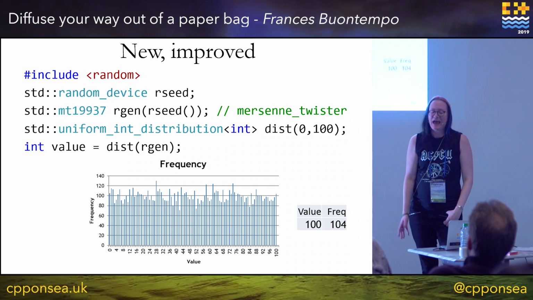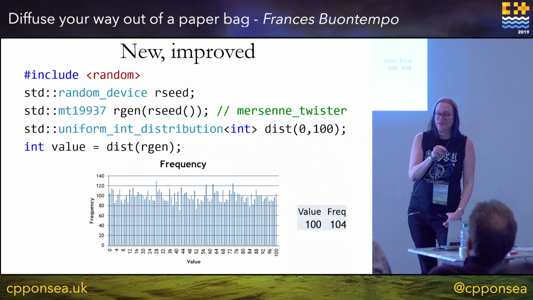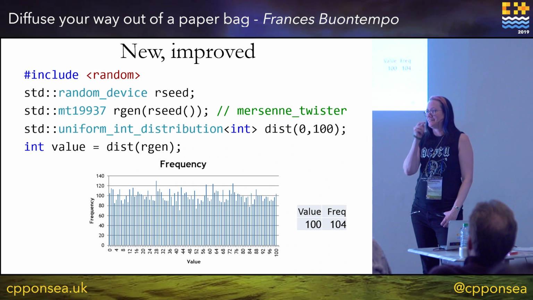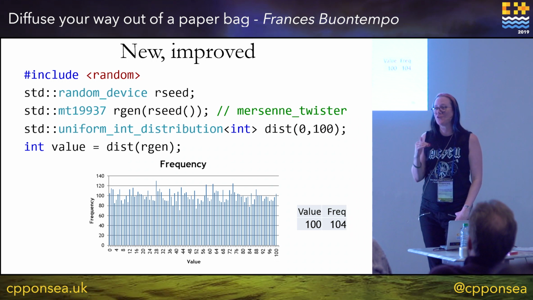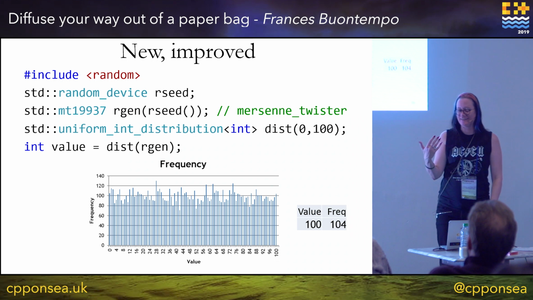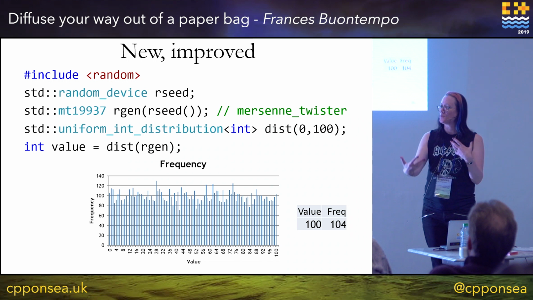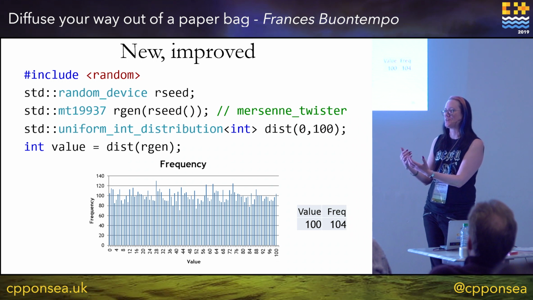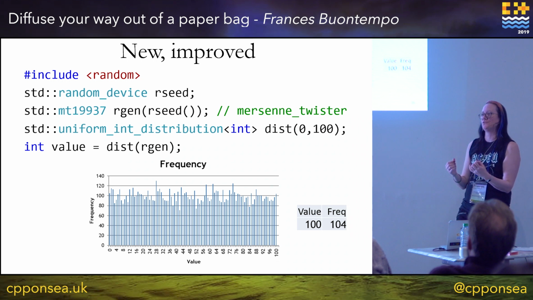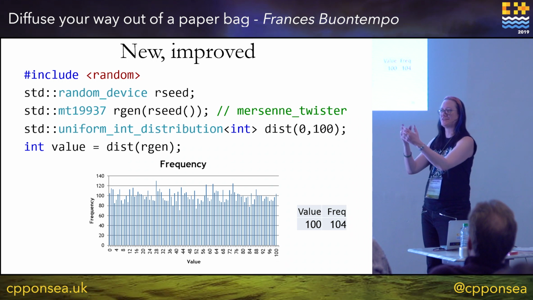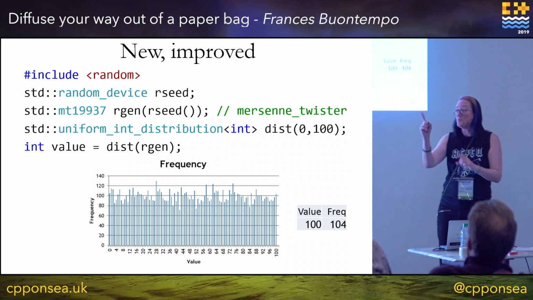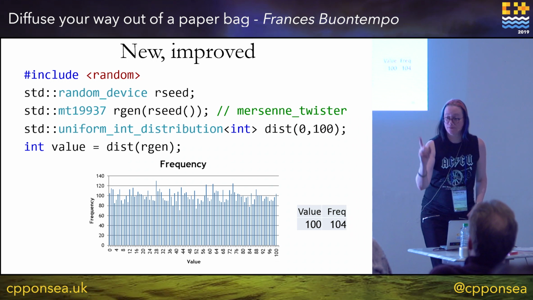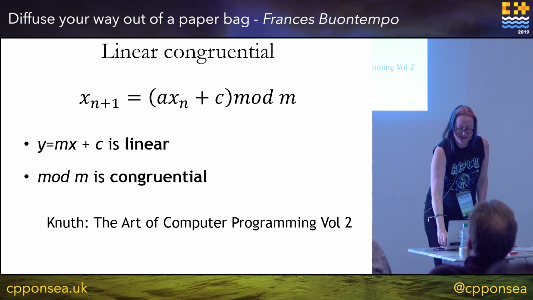It can. And also, sometimes the random device seed generator just gives you the same number back each time, so things can go wrong. You need to think about how you're seeding things. And I've got some questions for you, because I'm not quite sure. When we move on to the jump diffusion, I want some Poisson distribution as well as the normal ones, and I don't know if I should use the same generator or not. I don't know. But my blobs get out of the paper bag, so that will do for today.